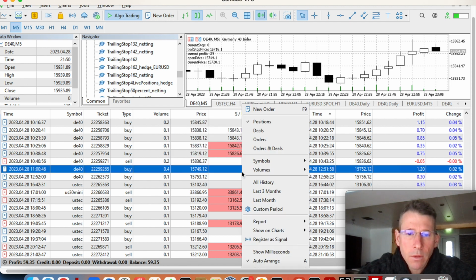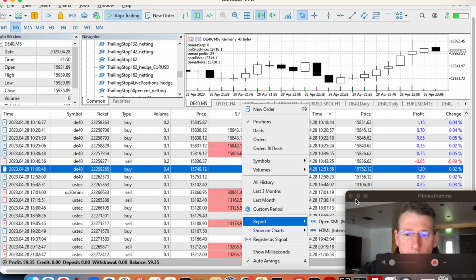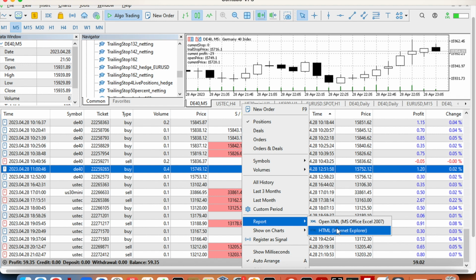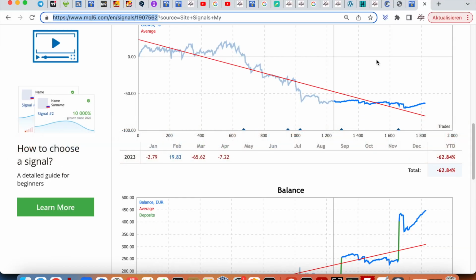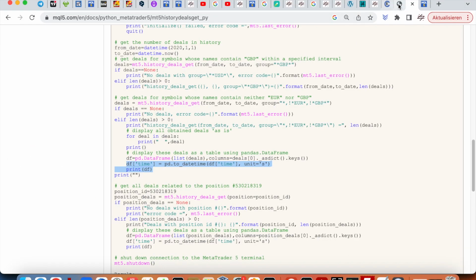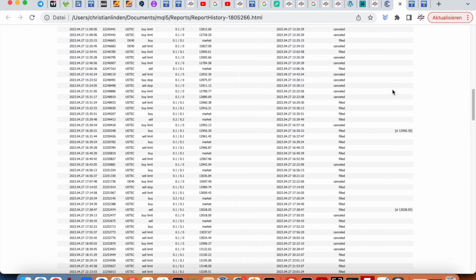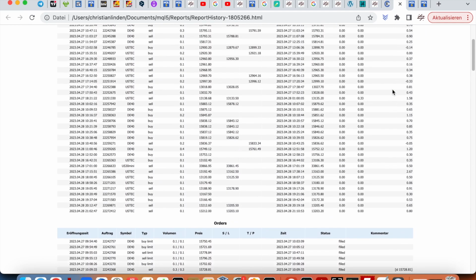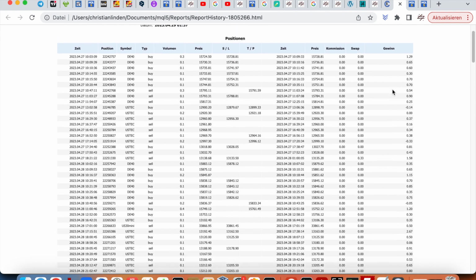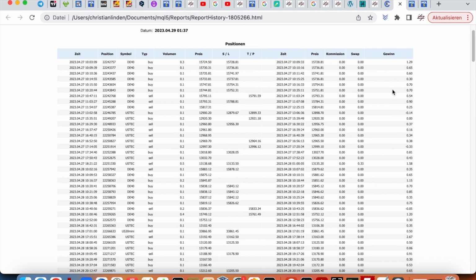Oops, what was the wrong one? Sorry. Report, and you get two different formats. If you choose HTML, you get a report looking like this. It's nice, it's useful. I take care not to show my information above, so here you get the